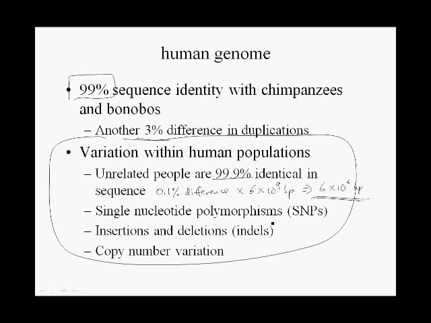So this is all variation at the level of single nucleotide differences. In addition, the percentage of difference increases if we include insertions and deletions, okay? And if we include copy number variation, meaning that some DNA sequences are present in multiple copies, and the number of copies varies from individual to individual. So when we include all of that, then we get even more than 6 million base pairs that